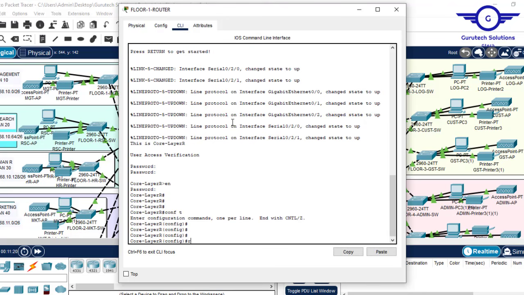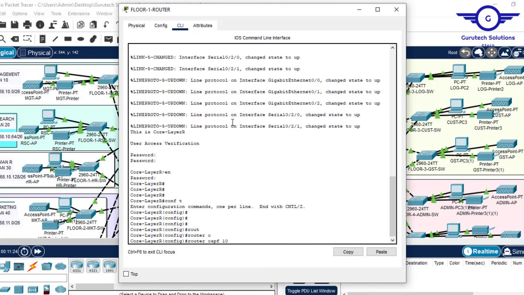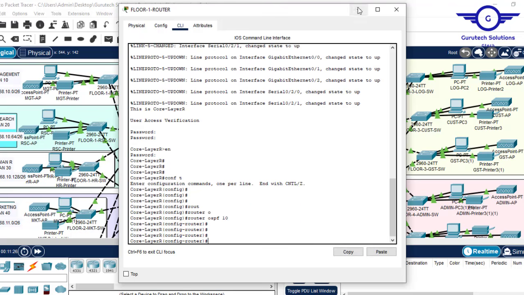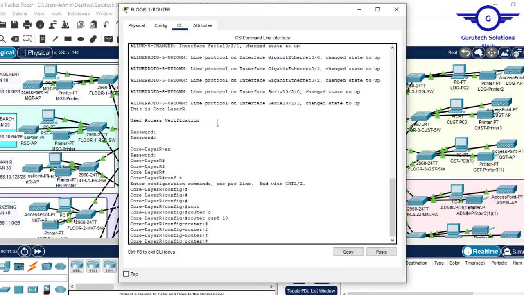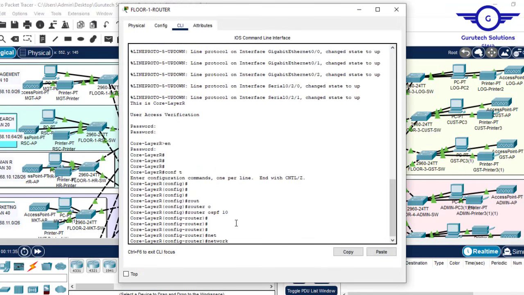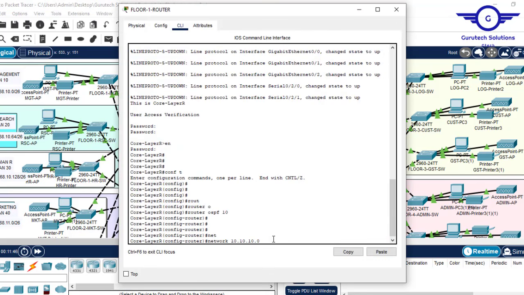Okay, so router OSPF, make the router aware that it's using OSPF with the process ID of 10. Now let's advertise the available networks: 10.0, 10.4, 10.16, 10.28, and 10.32. Network 10.10.10.0, and the wildcard mask. We now use a wildcard mask. The subnet mask was /30 notation, so we have to use a wildcard mask of